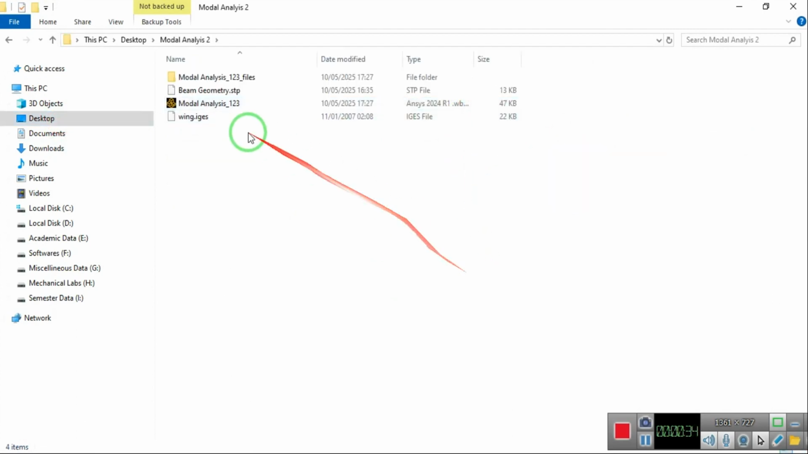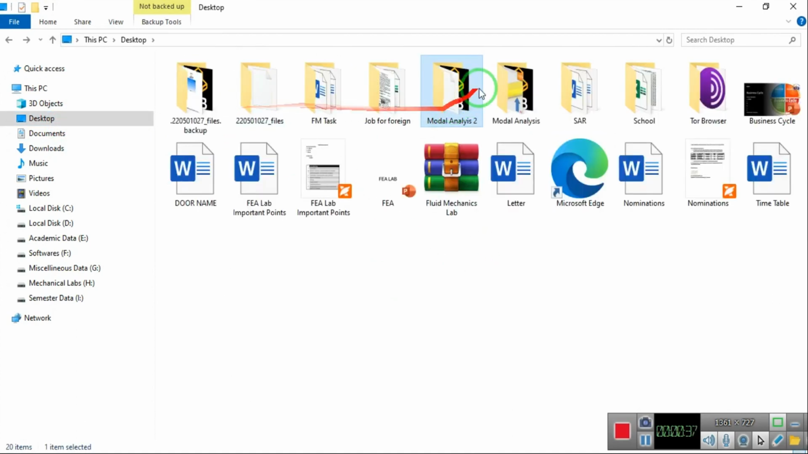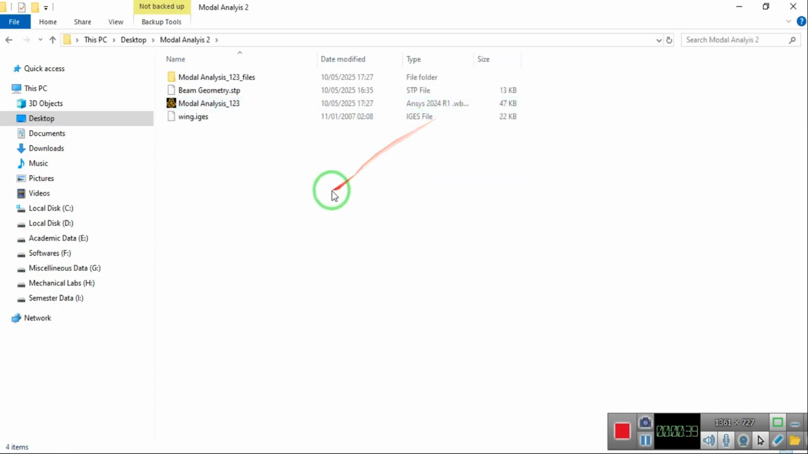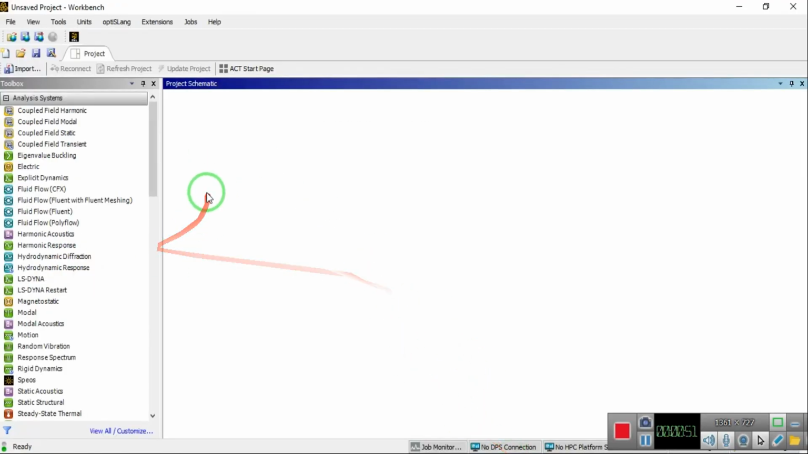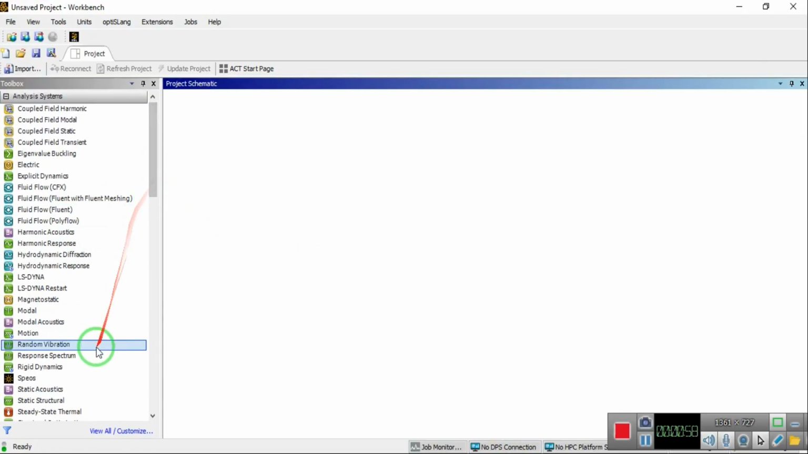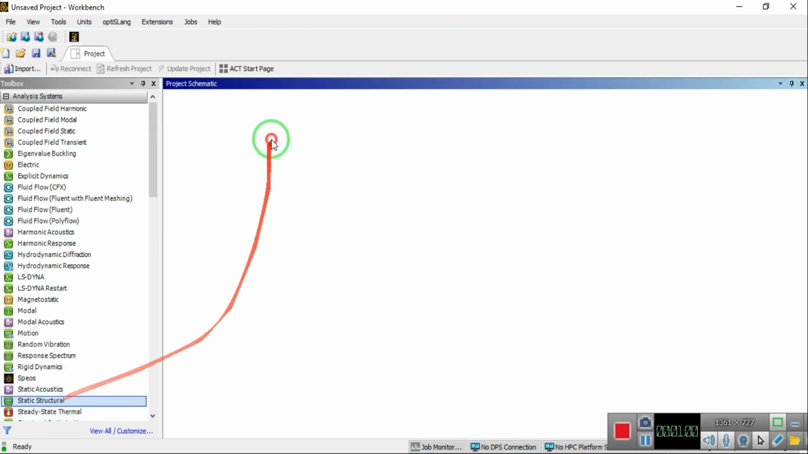my desktop. This is my previous analysis, and I'm going to save the same geometry here. But this time, I already have the geometry as an IGES file, and previously it was a STEP file. So I'm going to import this IGES file, and we'll see how to do that. But as we are going to perform the pre-stress modal analysis, first of all,